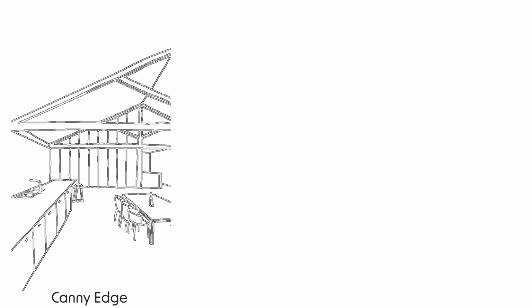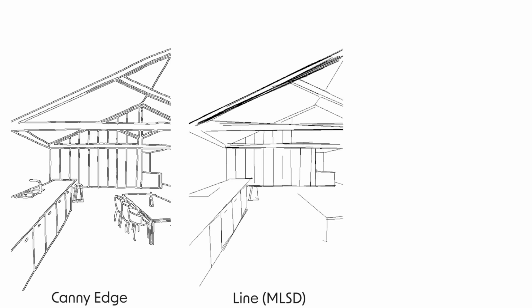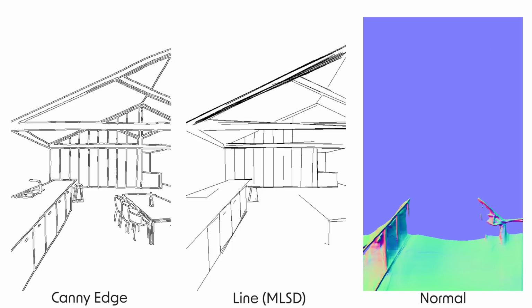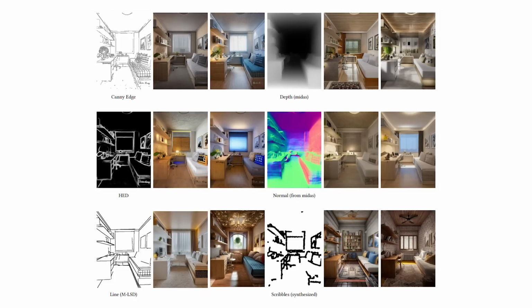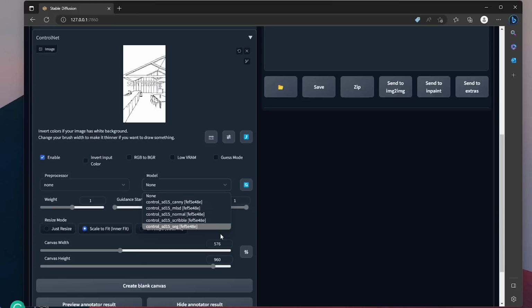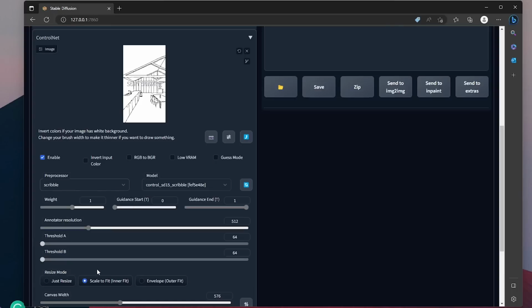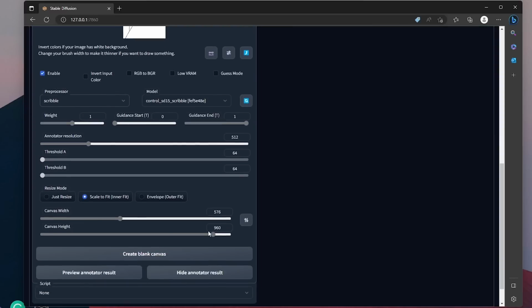You also need to choose one of the models for ControlNet. There are several different ones you can pick. They all create different base images. And here are some of them compared with the same image input. You can find more information related to this model on the ControlNet paper. I will use Scribble model for this version. I think that one gives the best results for drawings like this. Make sure everything looks okay